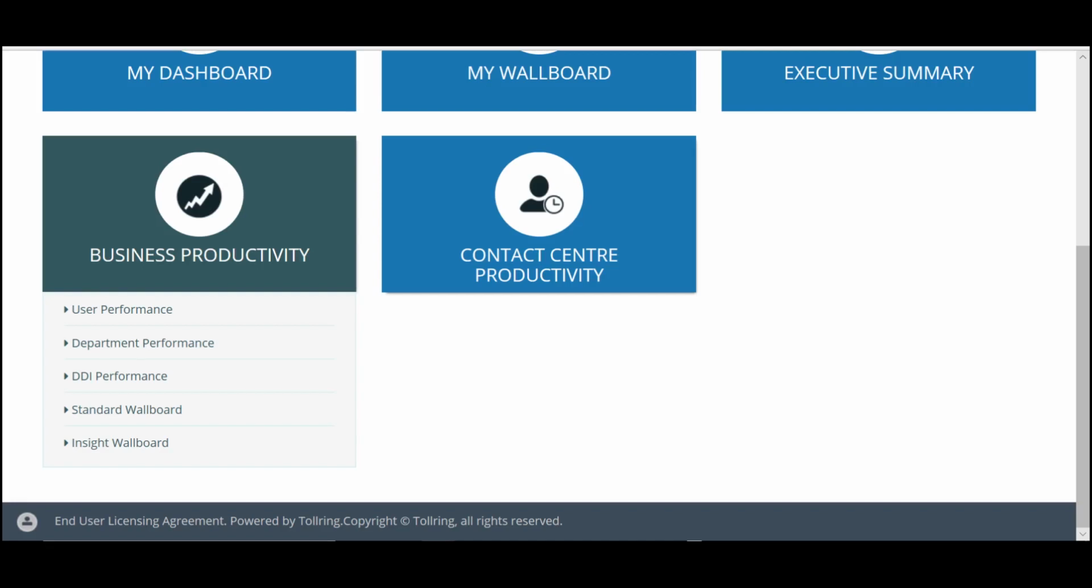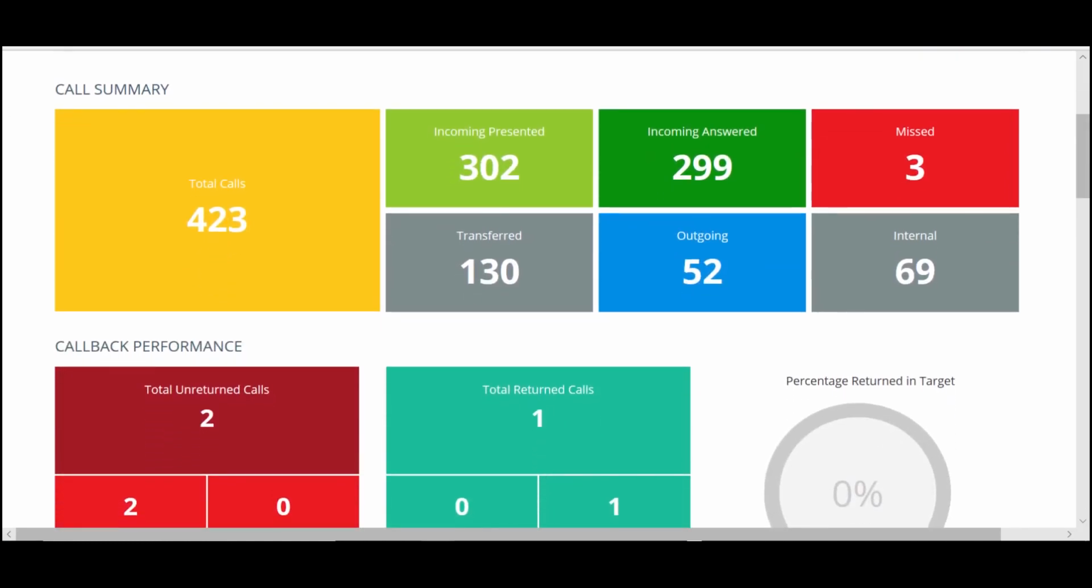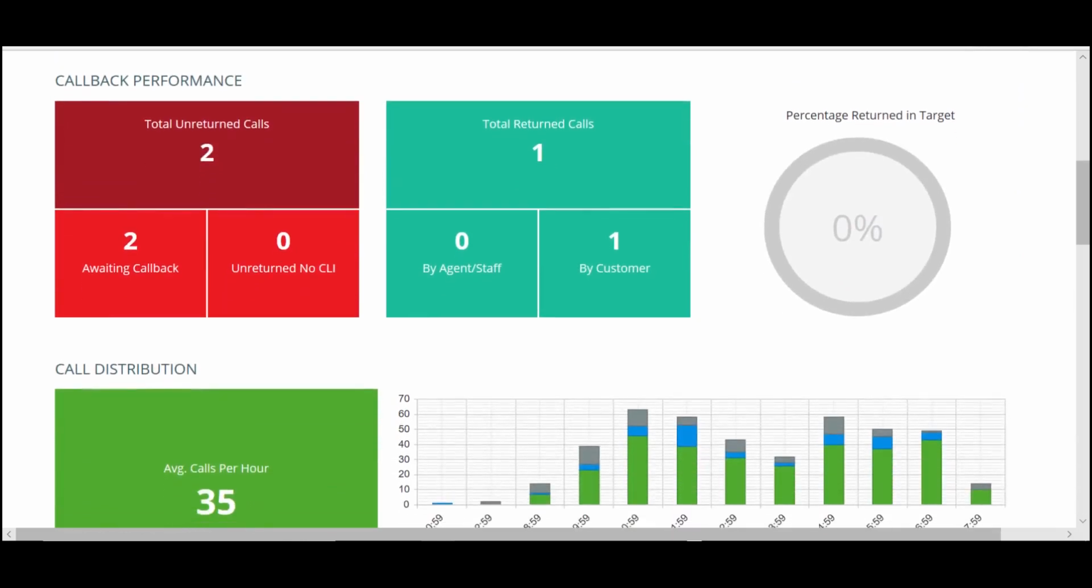The Department Performance dashboard summarizes departmental performance with the option to filter by date, time and department. The dashboard displays a summary of total calls for a department, broken down by incoming, outgoing, internal, transferred, bounced and missed calls. A summary of callback performance is displayed on tiles, showing total unreturned calls, broken down by total awaiting